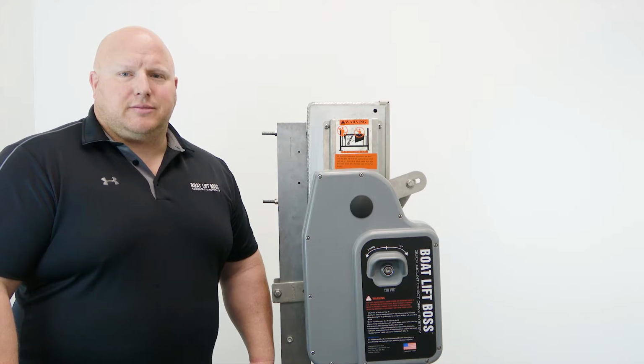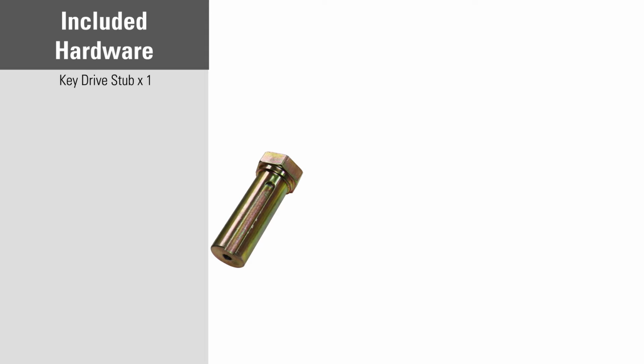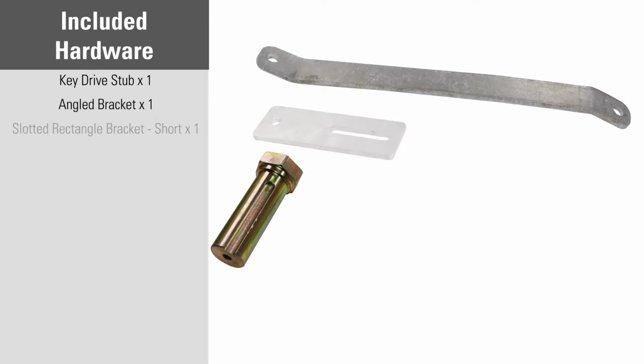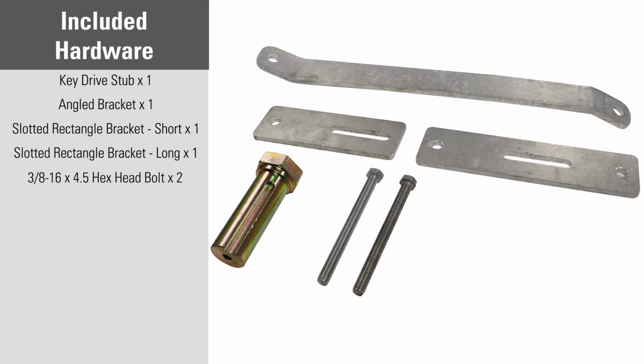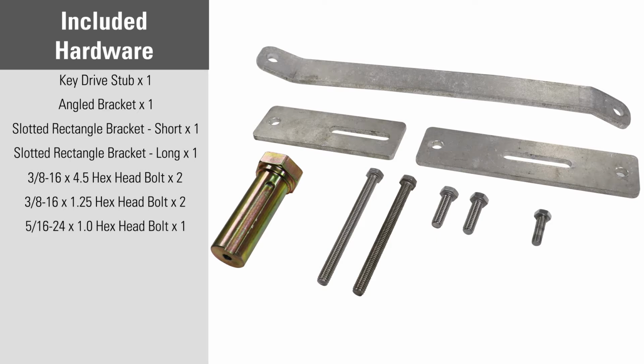In the install kit, you will find the following parts: one keyed drive stub, one angled bracket, one slotted rectangle bracket short, one slotted rectangle bracket long, two 3/8 16 by 4.5 inch hex head bolts, two 3/8 16 by 1 1/4 inch hex head bolts, one 5/16 24 by 1 inch hex head bolt, four 3/8 16